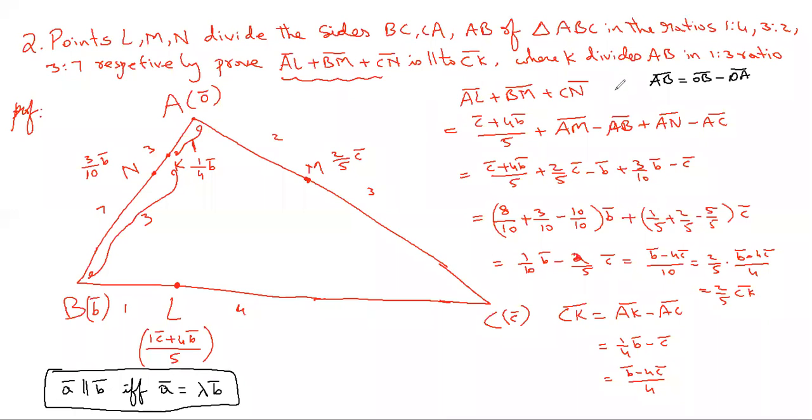Any other problem till 5? Question number 4 is also similar to the second one. I mean to say that the approach of taking one of them as origin will help you to do this problem. The midpoints of two opposite sides of a quadrilateral and the midpoints of the diagonals are the vertices of a parallelogram. So using vectors, prove this. I'll just write the statement.